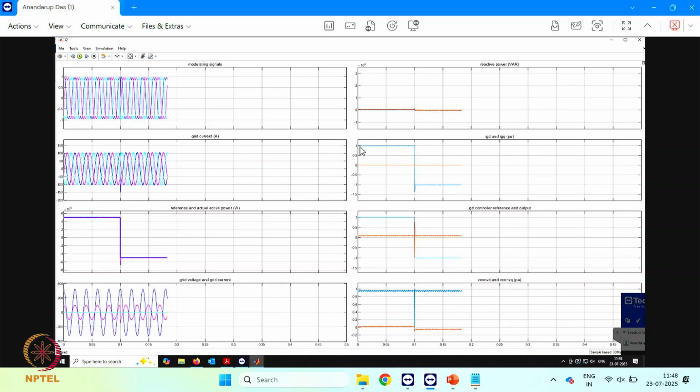IGD, you can see it is going from +1 to -1. IGQ remaining 0. Okay, IGD has gone from +1 to -1. And of course, the IGD controller goes from +1 to -1 here. Okay, very quick transition. Right. So let me continue with this, and at t equal to